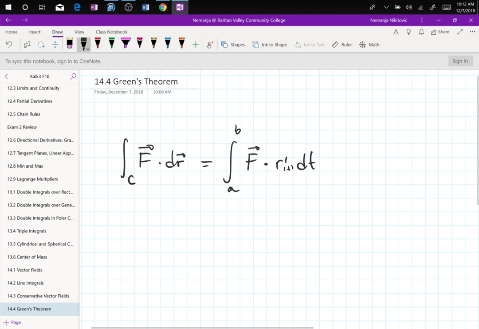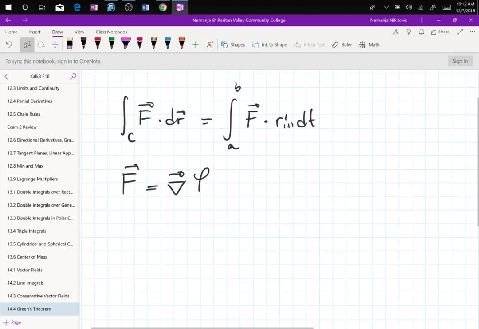But now we can think about F being the gradient of some potential function phi, which is what we learned last time, and then we plug that in over here. So now my line integral of F dot dr becomes the line integral of the gradient of phi